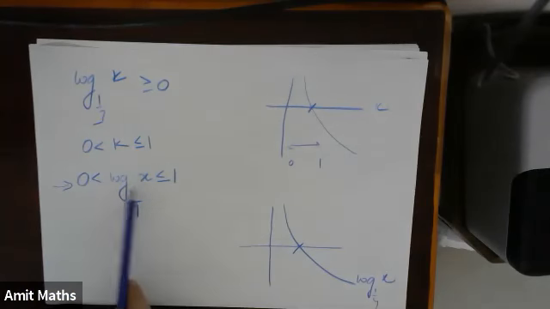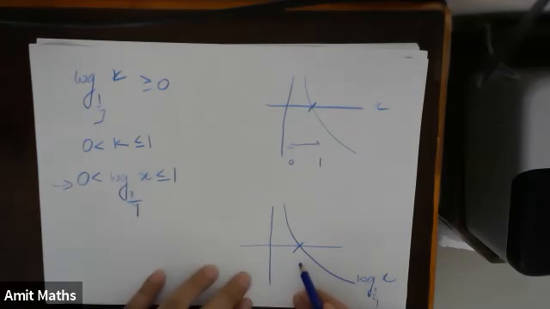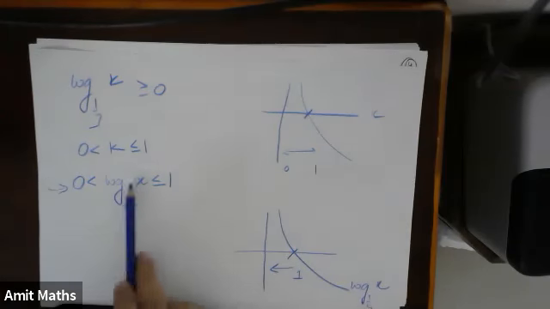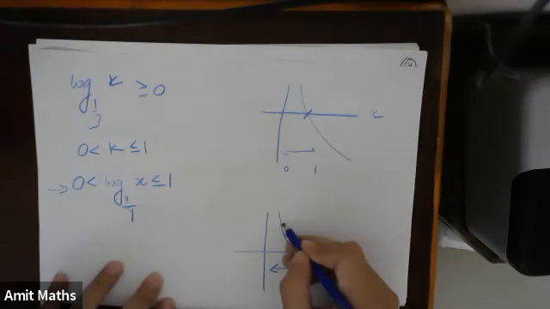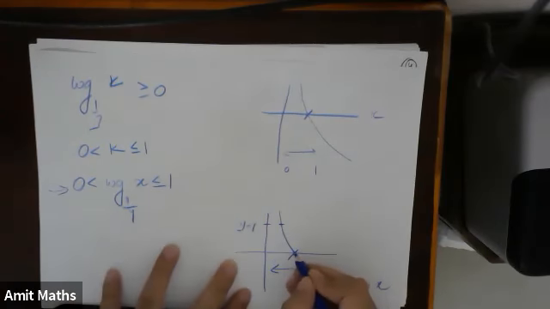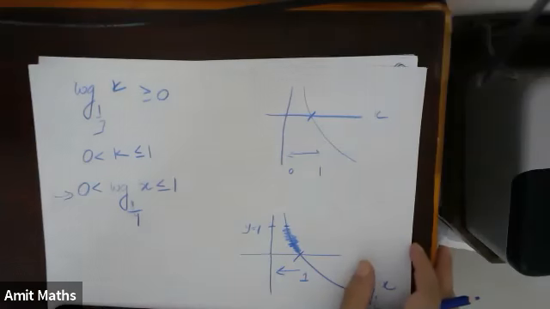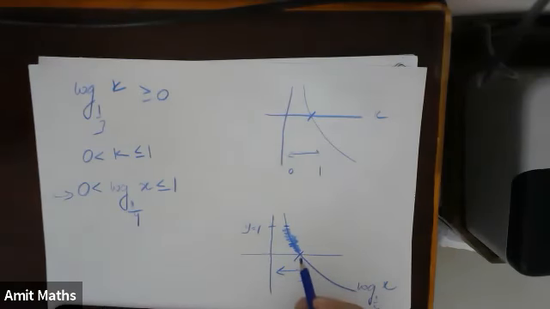Now see, this graph is greater than 0 for all values of x less than 1. When the value of x is less than 1, the value of log 1 by 4 of x will be somewhere around here. The value of x where y is equal to 1 will be somewhere around here. So all values of x between these values will be the domain of our function.